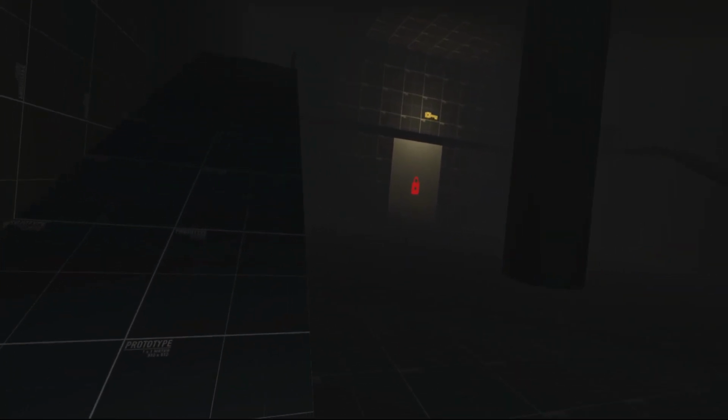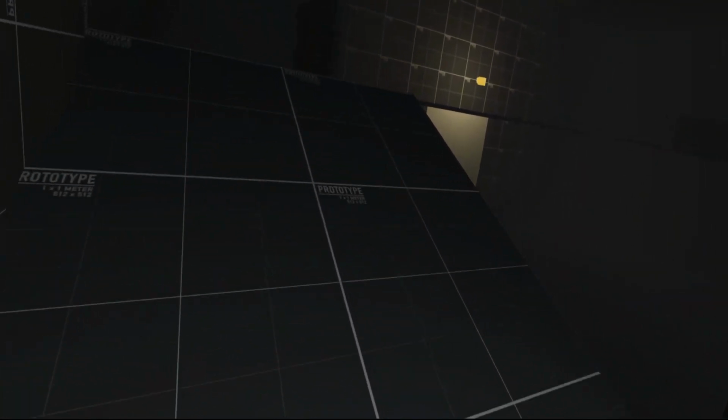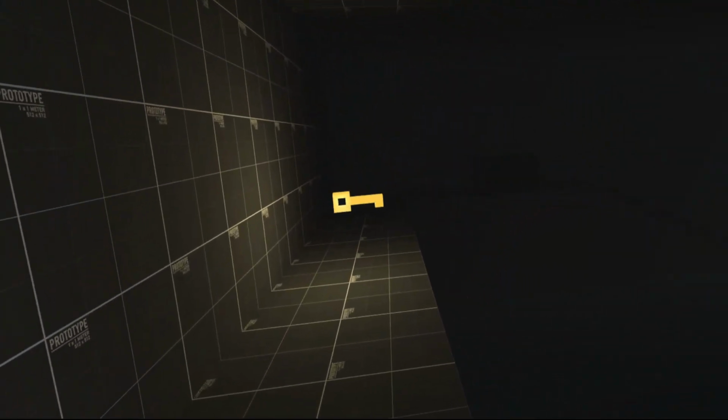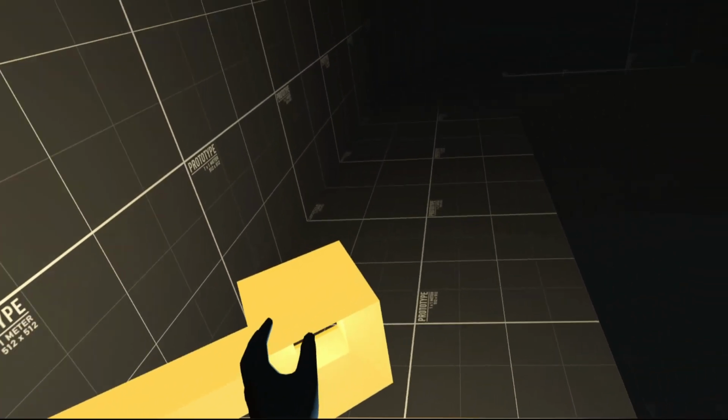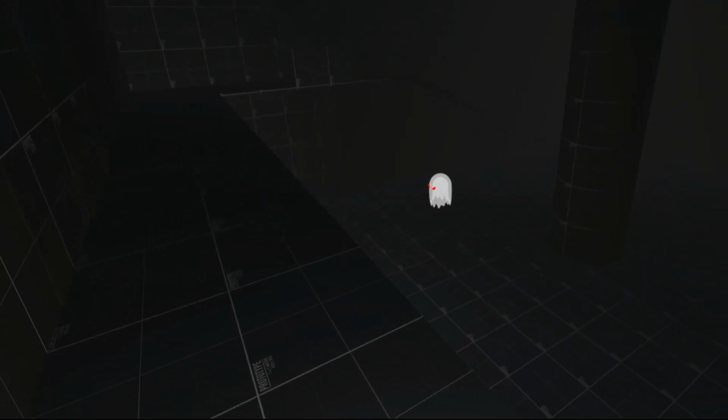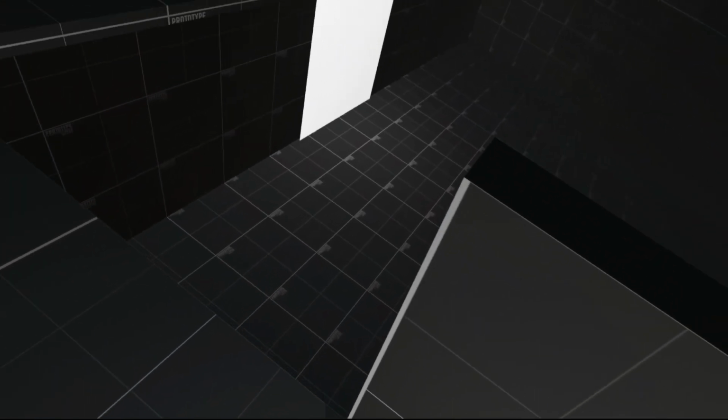You can see on screen now, they're a lot darker. The only light source actually comes from you, a light that emits off your character or player. Then there's another, yellowy light source on the key, and once you collect the key and unlock the door, it will open up and spill light into the area, which I think is a really cool effect, and I really enjoyed adding that.